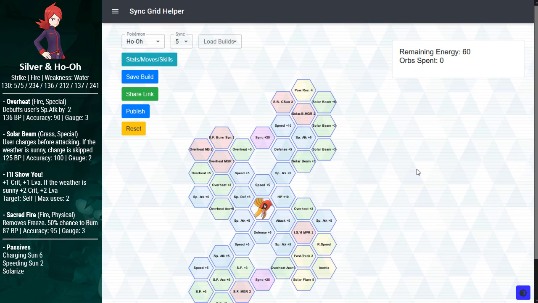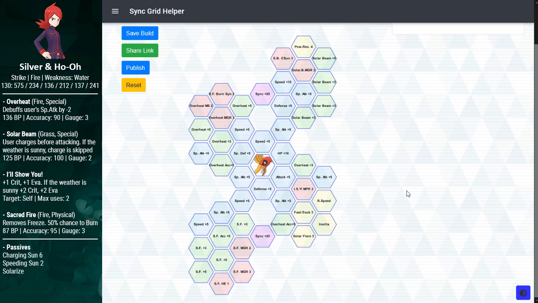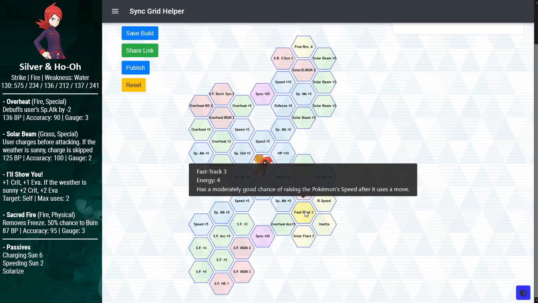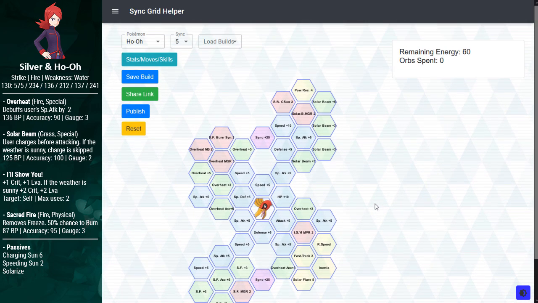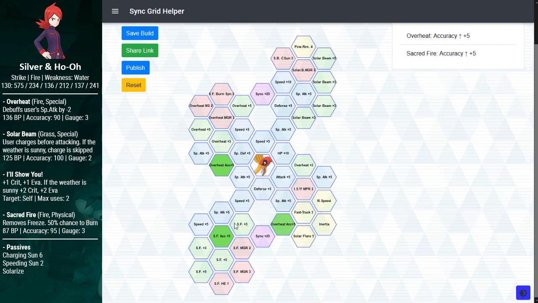But the grid itself is mildly disappointing. Don't get me wrong, this is not a bad grid because you have a ton of asteroids, so Silver can deal even better damage now, but my qualm is that you still have self-sufficiency issues. If anything, you have more tact on top, because now you have speed-based multipliers, but only Fast Track to increase them. Okay, sure. This means that you still need offensive support from Lyra or Roxanne, but if you can get through that, then Silver is not going to disappoint. At least you have accuracy tiles for the moves that can miss now. You have Overheat accuracy and Sacred Fire accuracy,